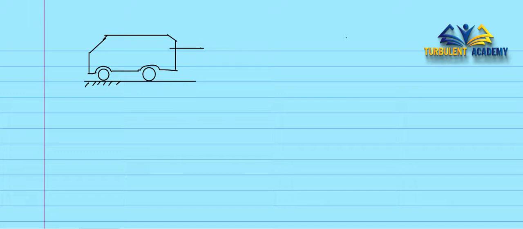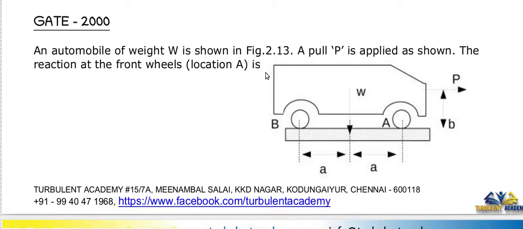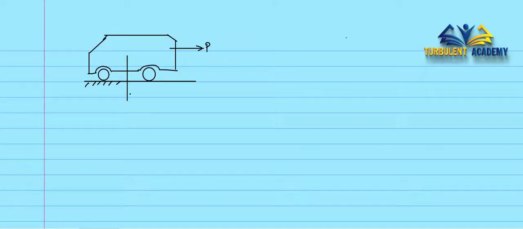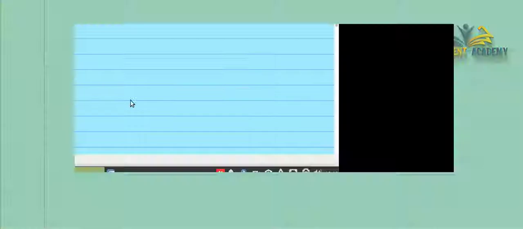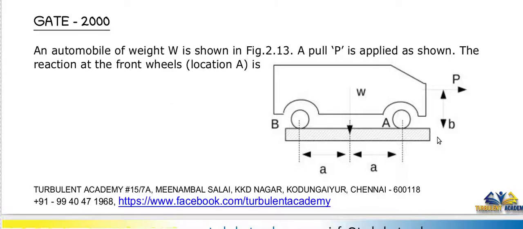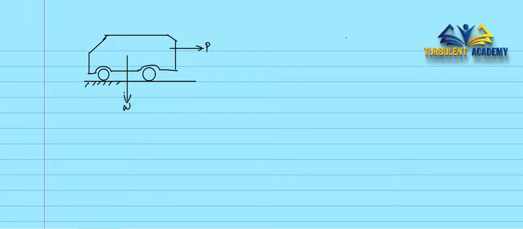this is load P as applied, and this is going to be W, the weight over here. Now if you could see, this is A and this is A, and the height between the ground is actually B. So let us give a different color. So this is A, this is A, and this is going to be B.